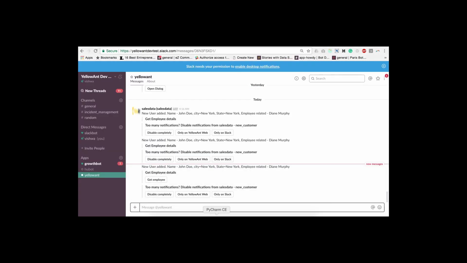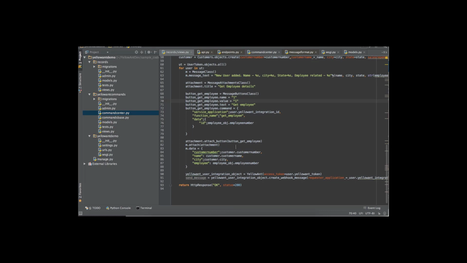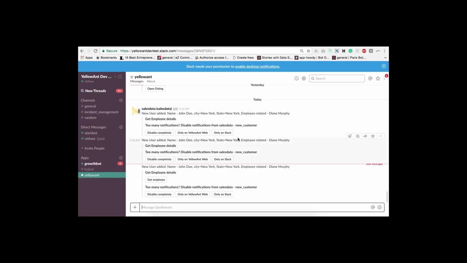I think I made a mistake here: we have to set name and value to non-empty values. So I just gave them some default values. They're irrelevant for the application, actually. So what just happened is a new user was added, named John Doe, and it was assigned to Diane